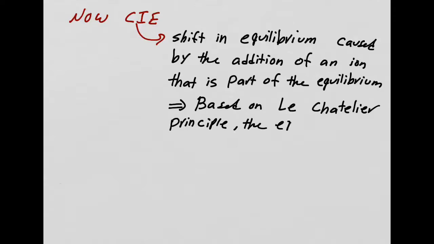the equilibrium will shift. And we did Le Chatelier a little bit last chapter. Okay, so that's a definition of common ion effect. But let's do an example to really understand what it means and not just memorize the definition of what